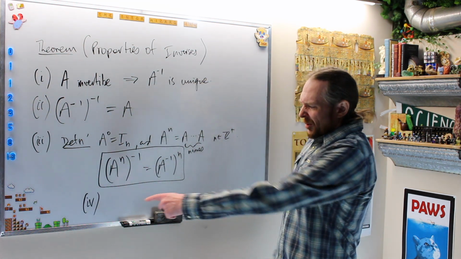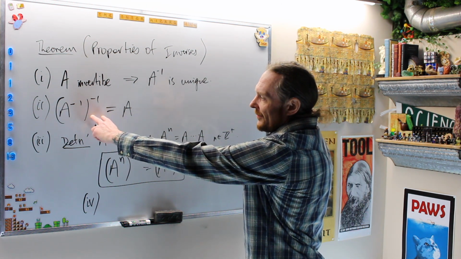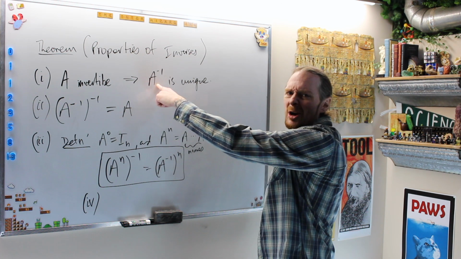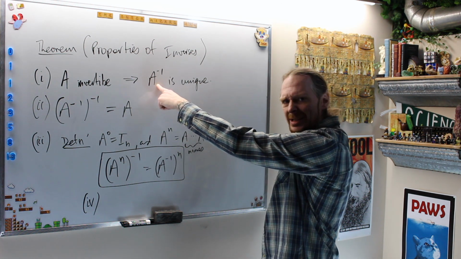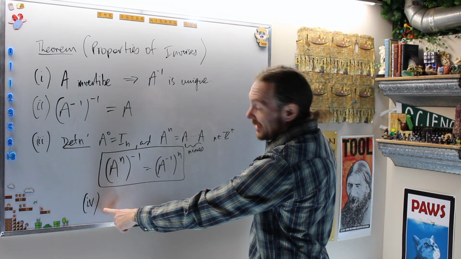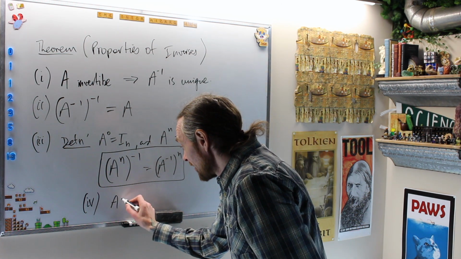The other one you need, this is the most important one when you're going to use it. This is extremely useful when you do the inverse of an inverse of A. This is useful in arguments. If the inverse is unique, this helps us in a lot of other proofs. And it will in particular help us with this one, because what it says is, notice,